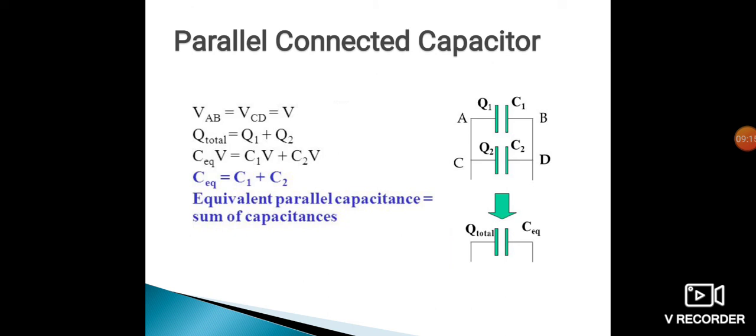Now, let us take an example where we have 6 capacitors connected in parallel. So, we will have C total is equal to C1 plus C2 plus C3 plus C4 plus C5 plus C6. For n parallel connected capacitors, the equivalent is directly the addition of the values of the capacitors. Whereas if we have 6 capacitors connected in series, the formula for series connection is 1 upon C is equal to 1 upon C1 plus 1 upon C2 plus 1 upon C3 plus 1 upon C4 plus 1 upon C5 plus 1 upon C6.